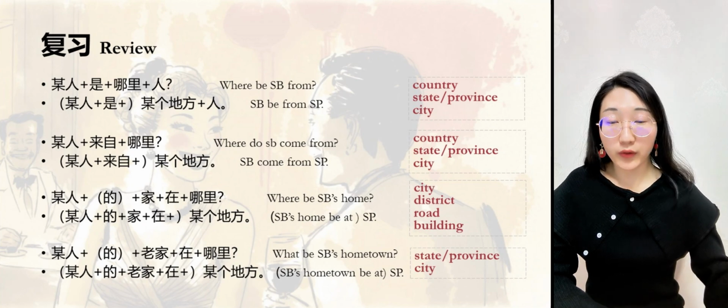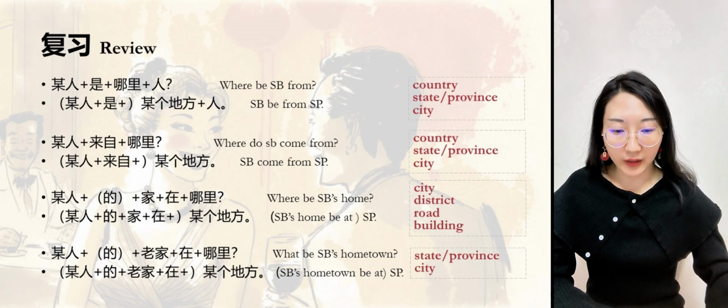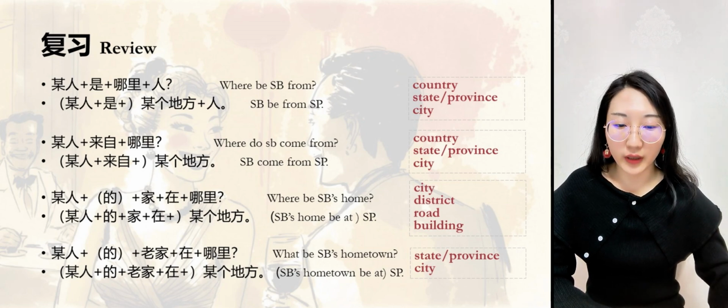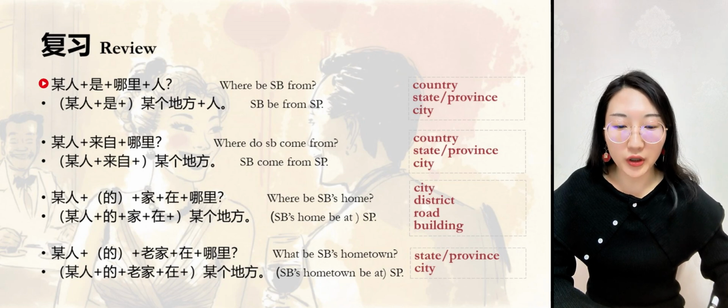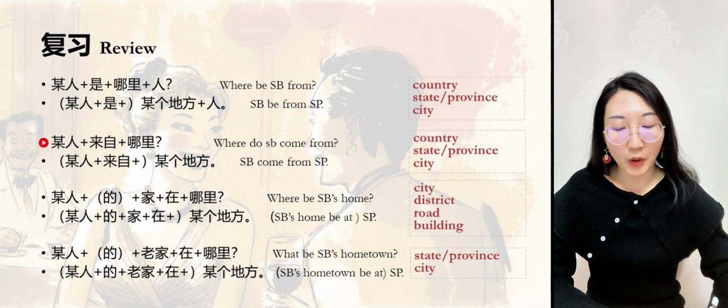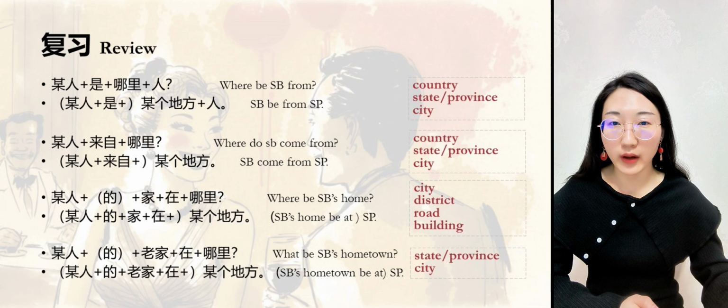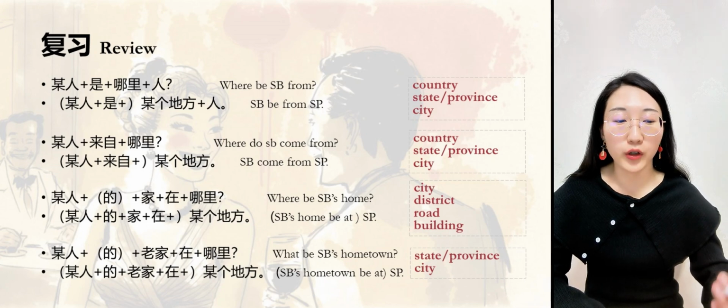can take a look back and review these sentences and see the difference between them. So we learned two pairs of sentences in our first class. We can read them again to get a review. 某人是哪里人？某人是某个地方人。某人来自哪里？某人来自某个地方。So we have learned from class 1 that these two sentences are used to ask people which country they're from,